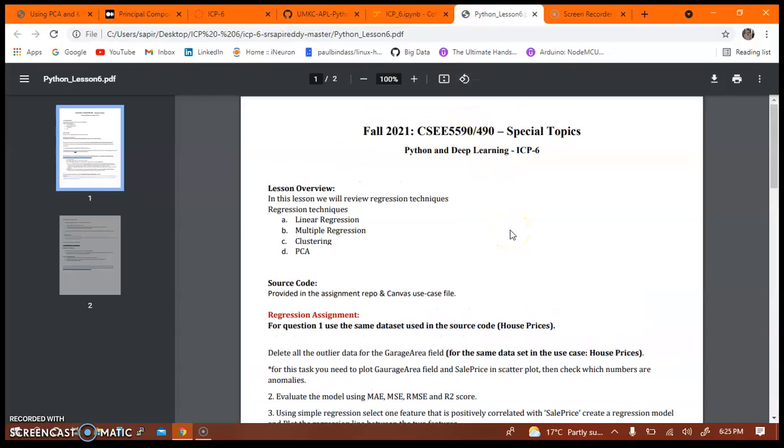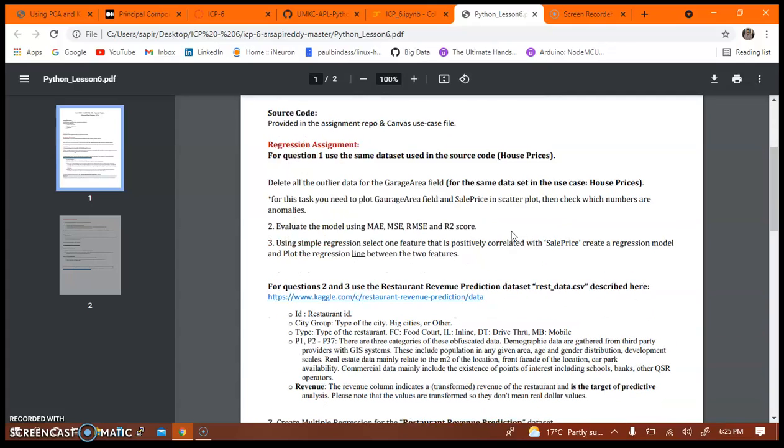This is Python and Deep Learning ICP-6 assignment. In this assignment, we have to review regression techniques, linear and multiple linear regression, and the clustering technique, k-means, and principal component analysis. For the first question, I have used the house prices dataset, and we need to delete all the